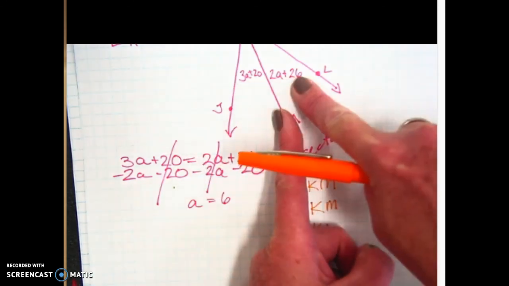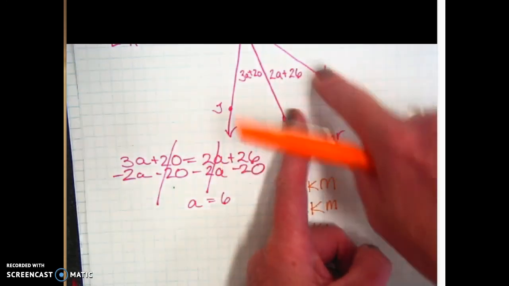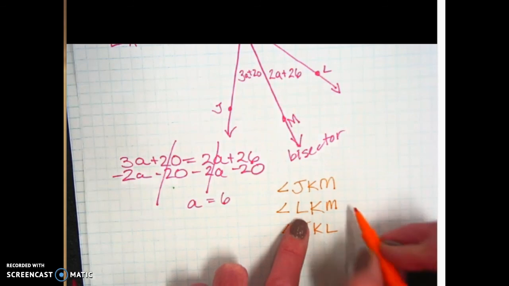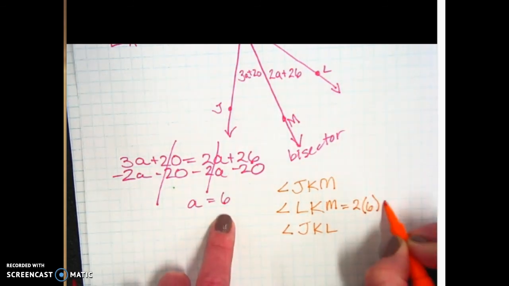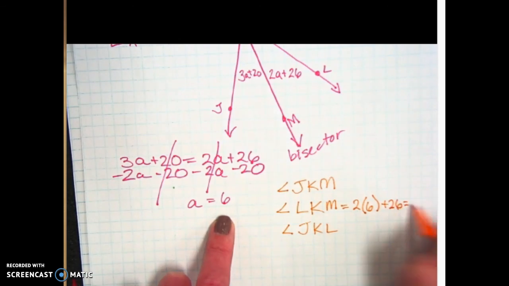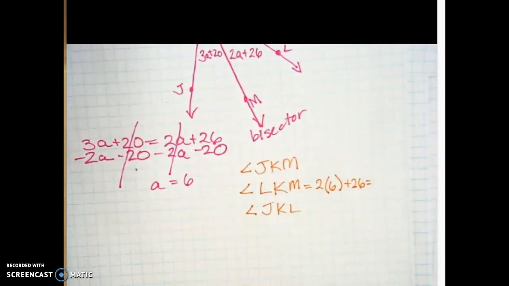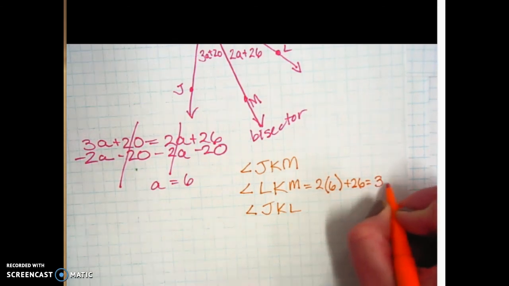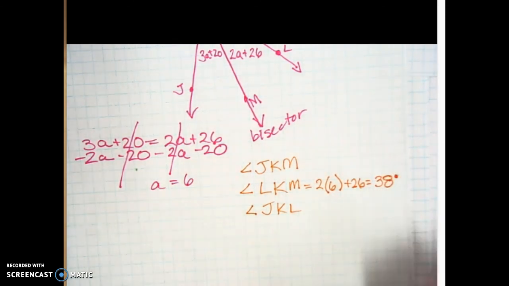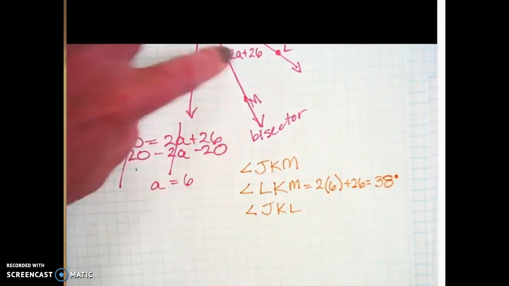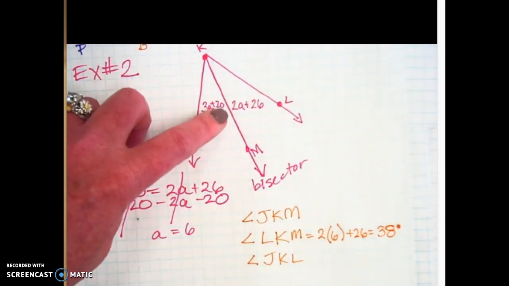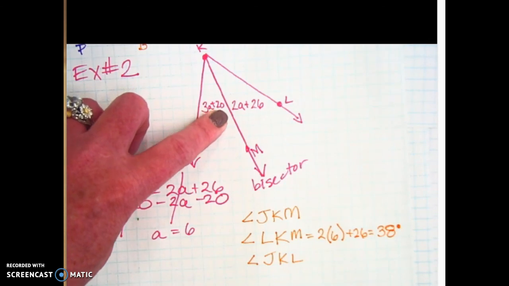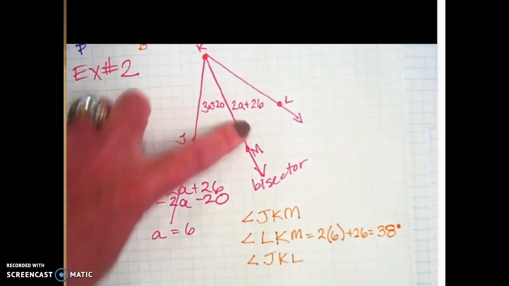So I'm looking and saying, okay, that one looks a little bit easier, and that's LKM. So LKM, I'm going to say 2 times 6 plus 26. Punch it in my calculator, hit the equal sign. I get 38 degrees. Okay, so if this smaller angle is 38, what's this smaller angle going to be? 38 as well, and that one's JKM, which is